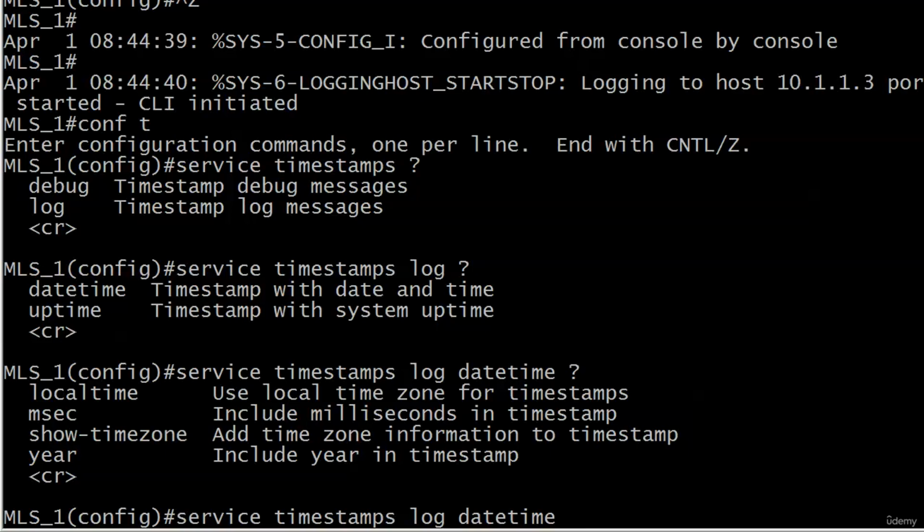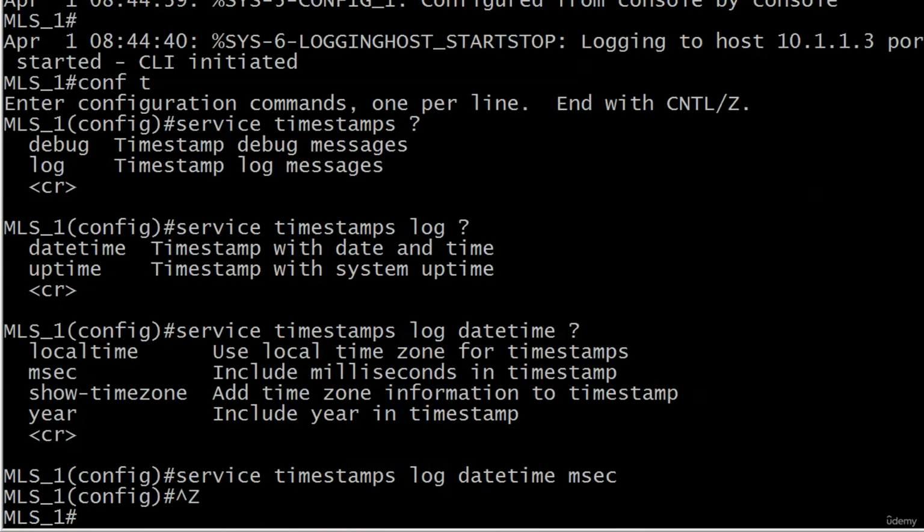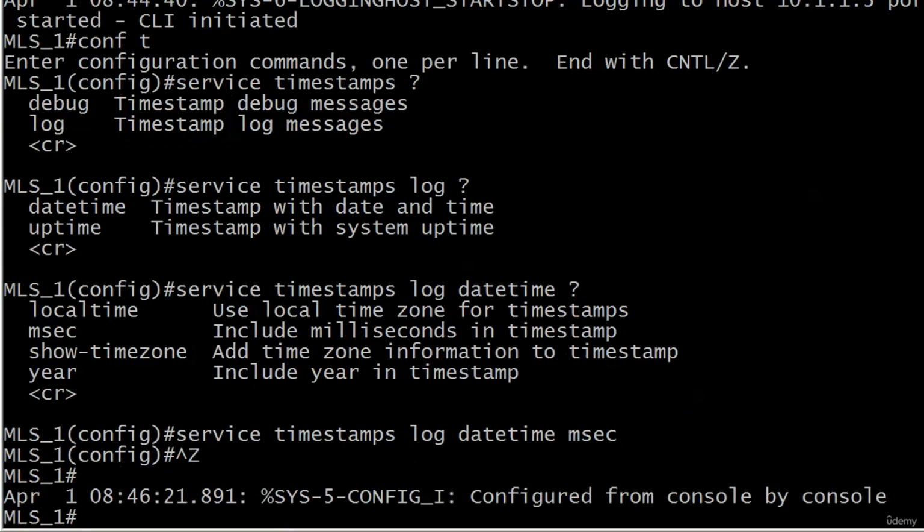But if you add MSEC, just as a quick reminder, there are your milliseconds there on the end. So instead of 8:46:21 seconds, it's 21.891 seconds. Now let's look at the other option